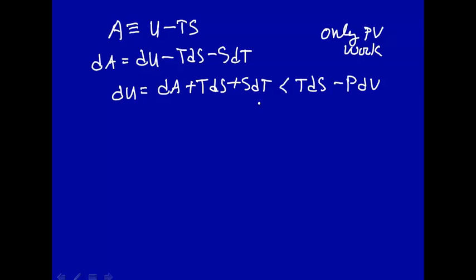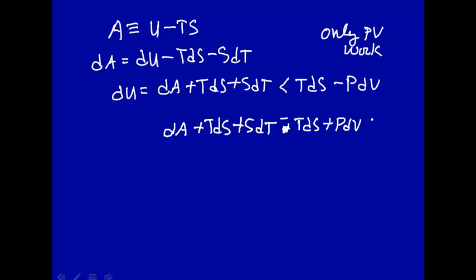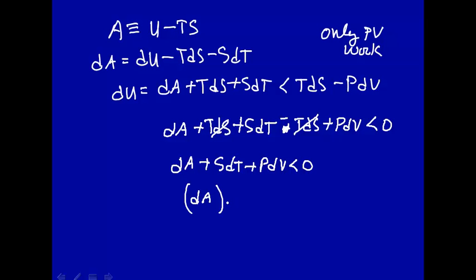Let's take this term, put it over there, take that term, put it over there. So we have dA plus TdS plus SdT, minus TdS plus PdV has to be less than 0. Look at that, the TdS terms cancel out. So we got rid of entropy. So dA plus SdT plus PdV has to be less than 0, or dA at constant temperature and volume has to be less than 0 for a